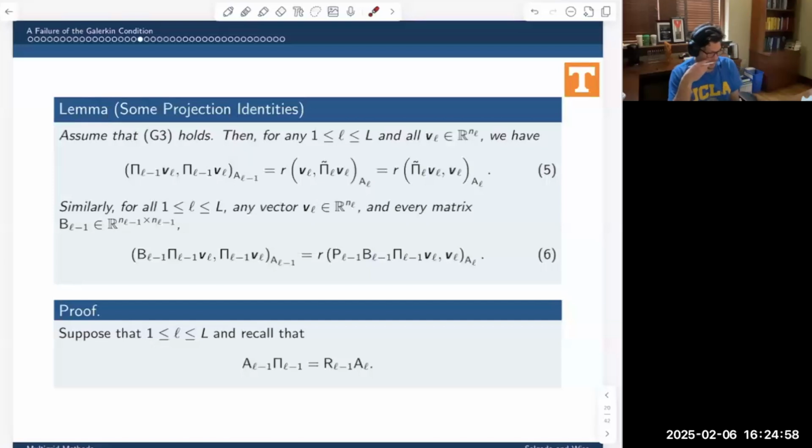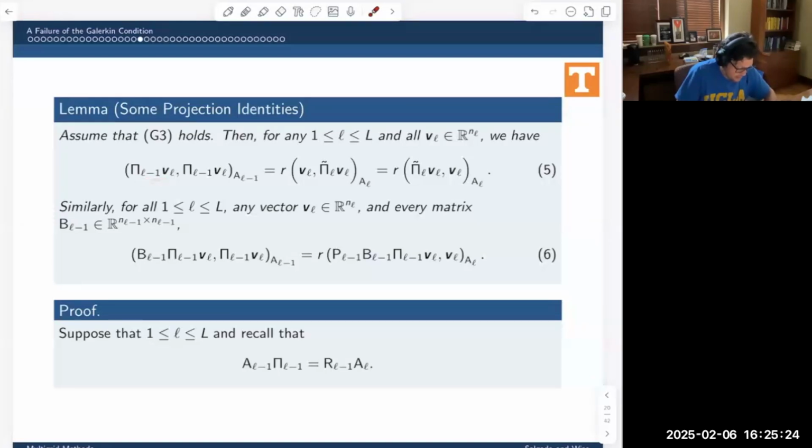All right, so let's go. We stopped there, and this is now finally new stuff. We need to prove a couple of projection identities, which we're going to do now. Let's suppose that assumption G3 holds. That's our scaled Galerkin condition. I want to show that